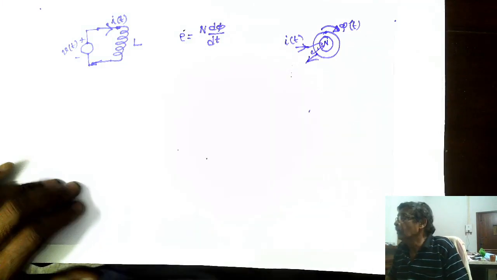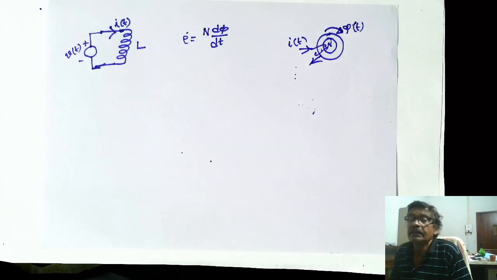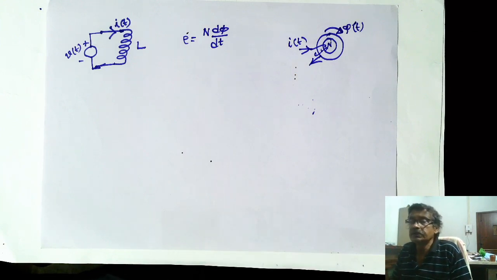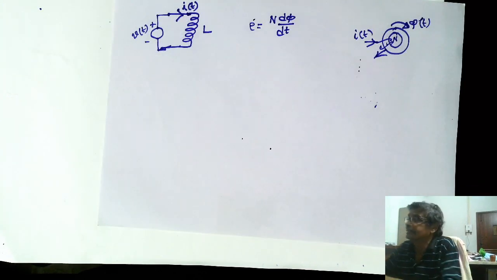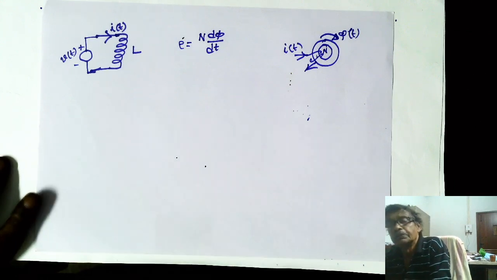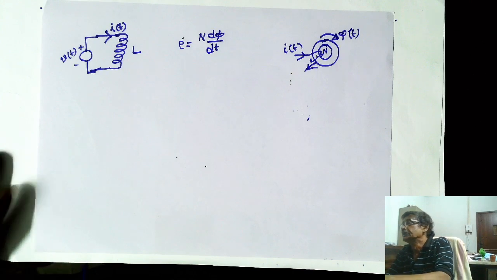Okay. Now the moment you say that there is induced voltage in the coil, you must tell what is the polarity of the induced voltage, the instantaneous polarity of the induced voltage. Is it not? Now, the rule to decide the polarity of the voltage is your famous Lenz's law. It tells that the polarity of the induced voltage will be such that it will try to